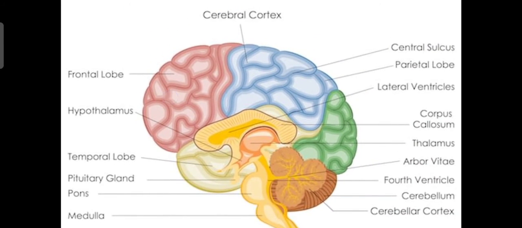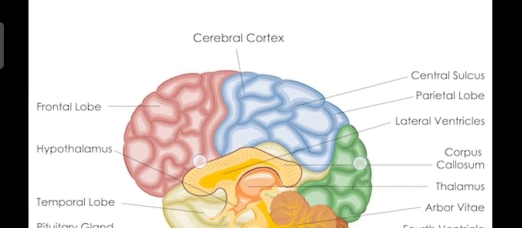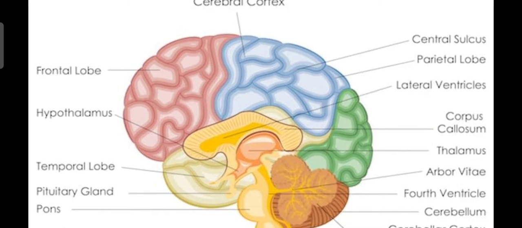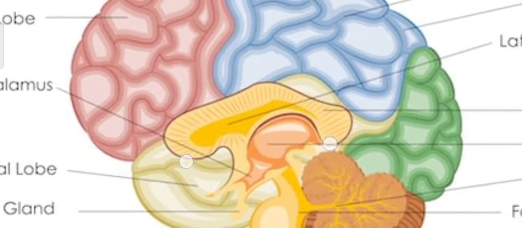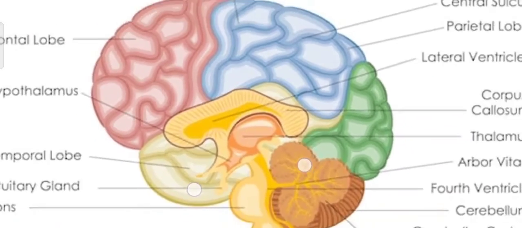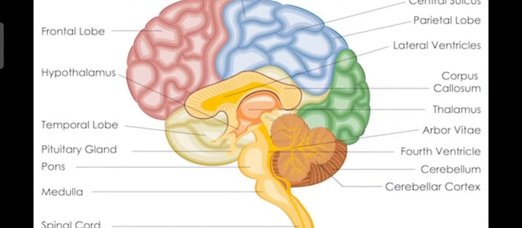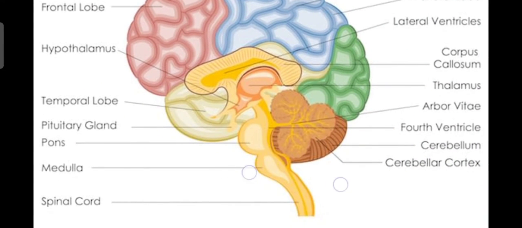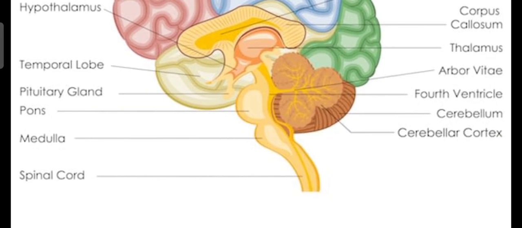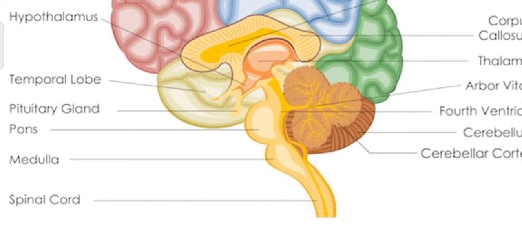So this is the red part, frontal lobe, and you see cerebral cortex, central sulcus, parietal lobe. This gray part in the other image was this yellow, now lateral ventricles, corpus callosum, thalamus, arbor vitae, fourth ventricle, cerebellum, cerebellar cortex, spinal cord, medulla, pons, pituitary gland, temporal lobe,